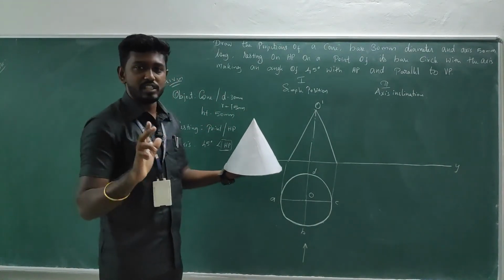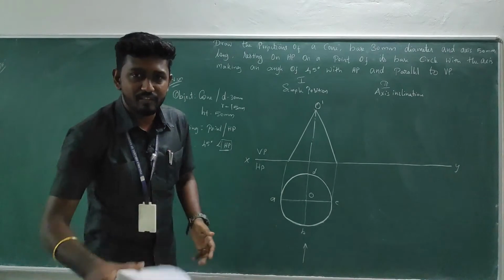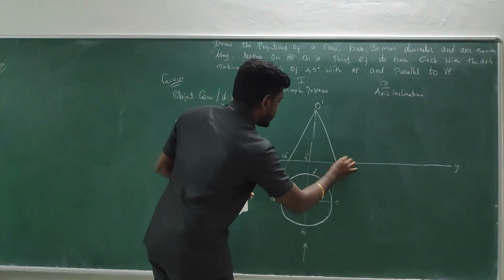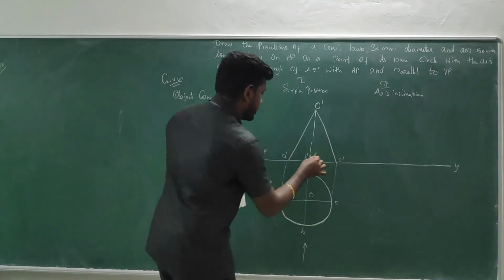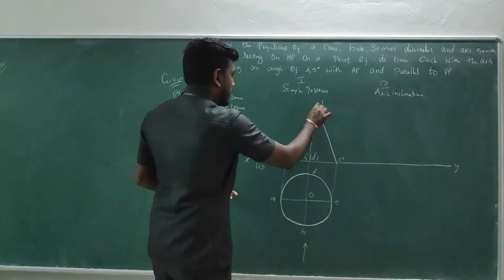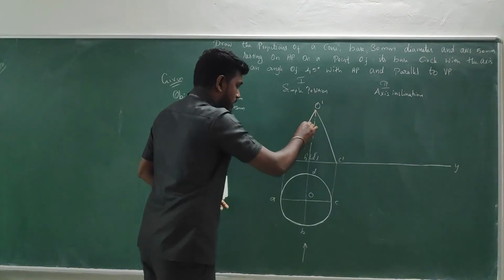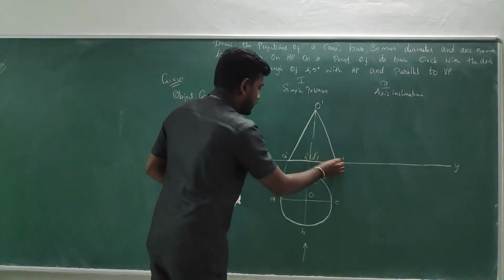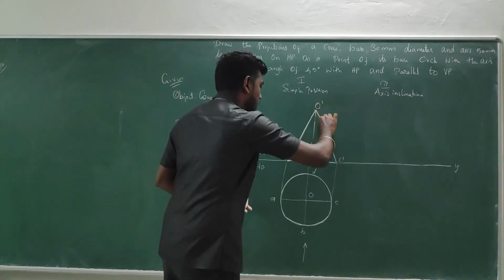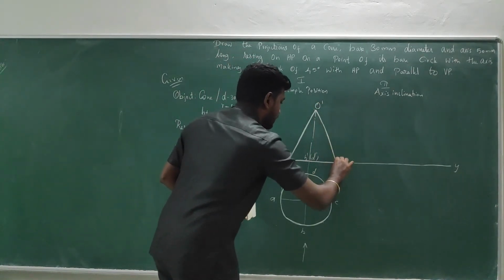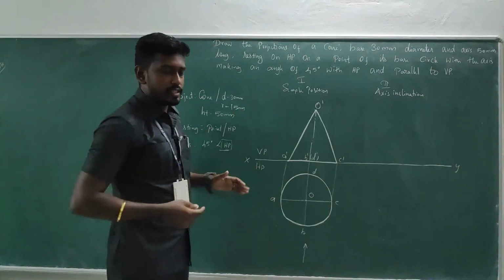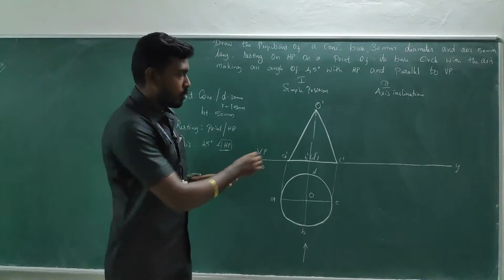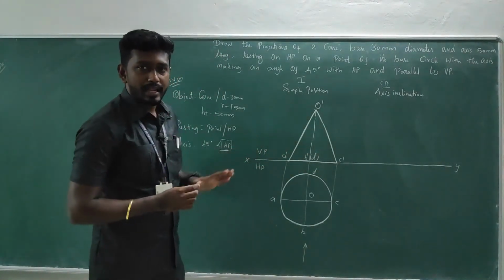A, B, C will be visible. This D will be invisible, it just lies behind. So A dash, B dash, C dash and D dash is invisible behind B. So the boundary should be closed and the boundary should be a dark one. There are no intermediate edges. The cone is bounded by the generators, so there is no need to specify intermediate lines as dark. Okay, only the boundary should be a dark one.